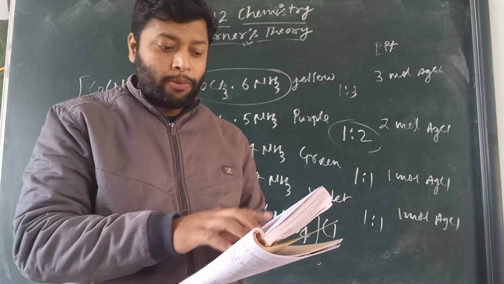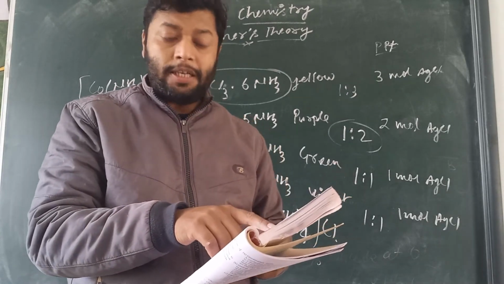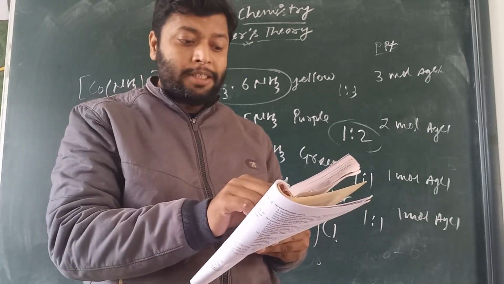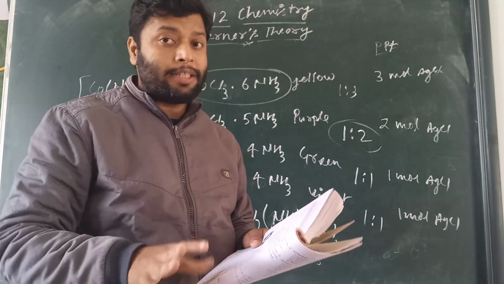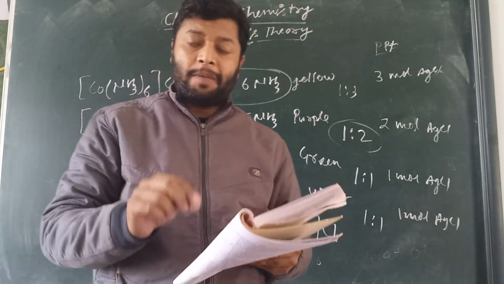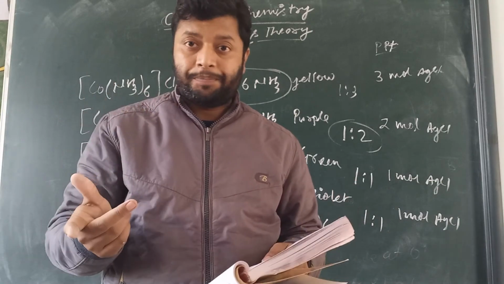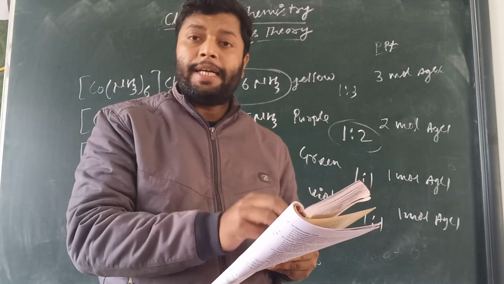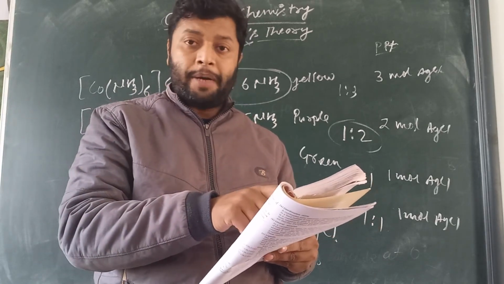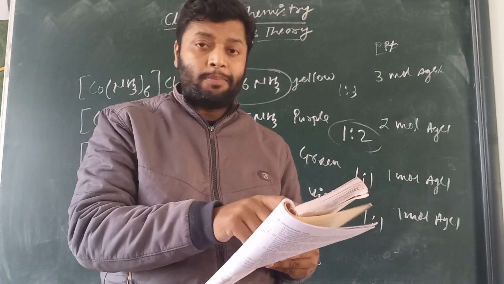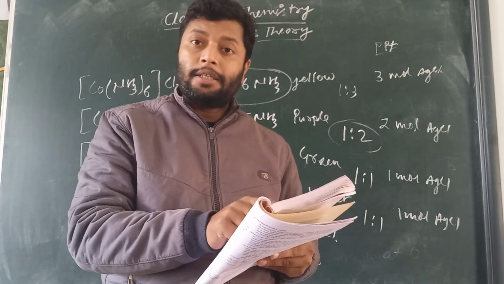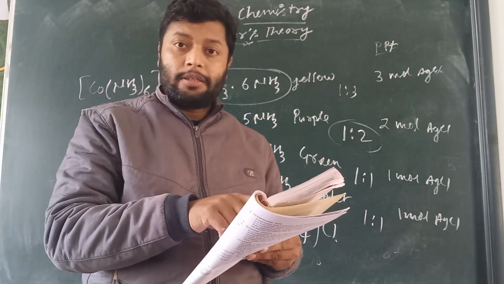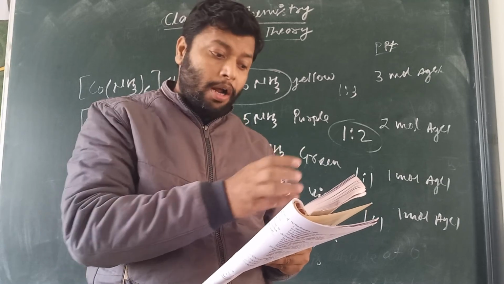In the second one, you can see again 2 moles of AgCl. In the third one, there is 0. No AgCl is precipitated, indicating no counter ions are present there. Primary valency always depends upon the number of ionizable ions. So the AgCl precipitated in the question just indicates the primary valency. In the case of the first two, 2 moles of AgCl are precipitated, indicating 2 counter ions are present, and these are the primary valency. In the third case, 0, no primary valency, all are secondary valency.